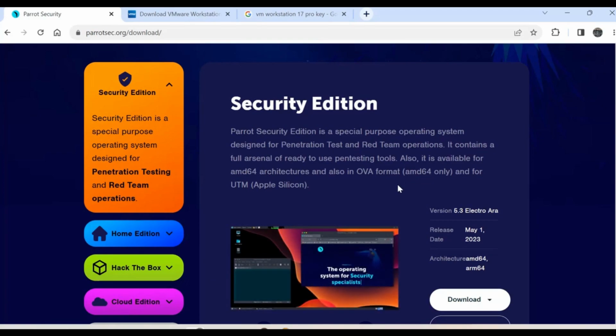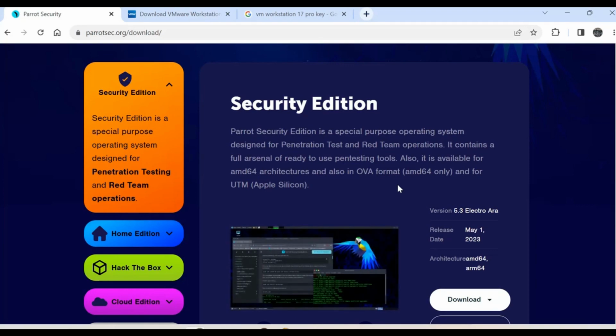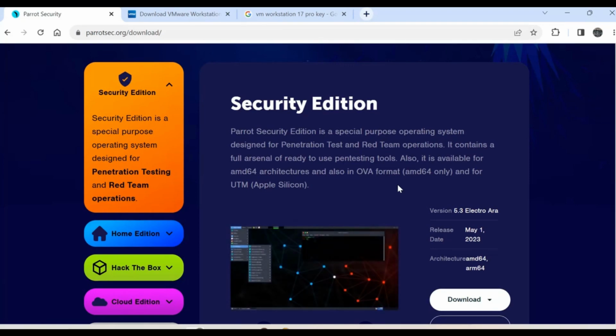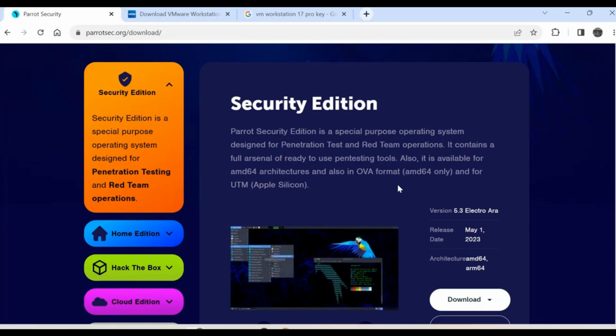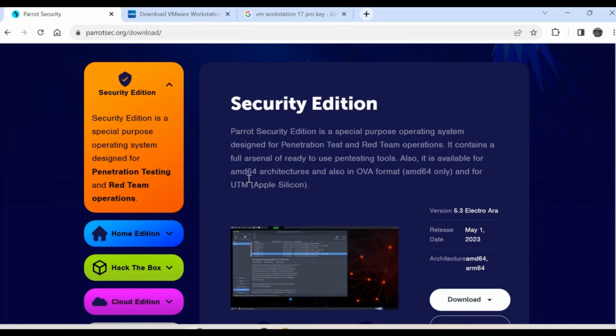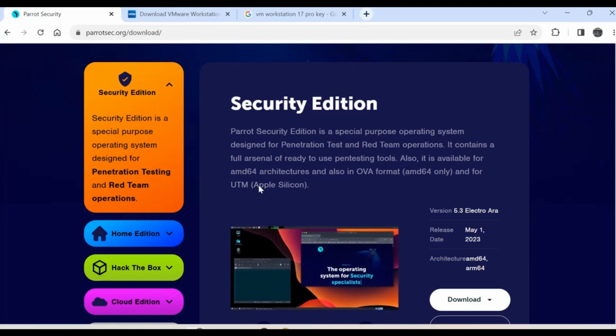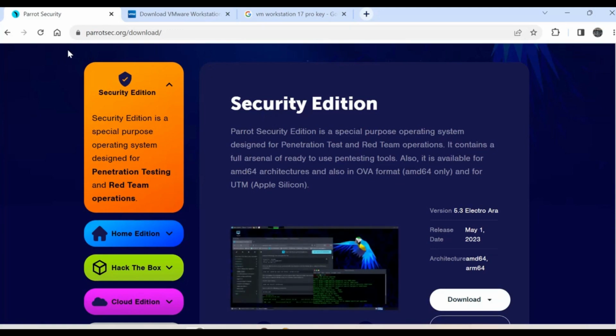pentesting tools. It is much better than the Kali Linux operating system, which is much lighter in weight, as Parrot is offering more tools to be installable. It is based on the AMD64 architecture, not the Intel one. All you have to do is search for